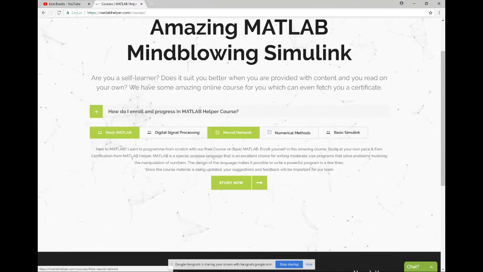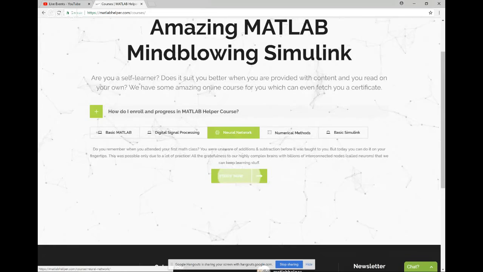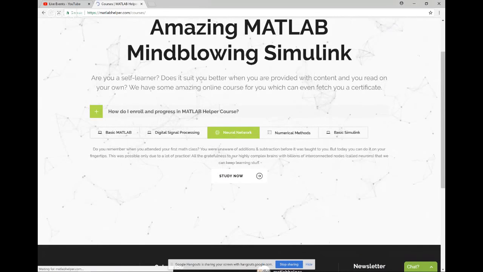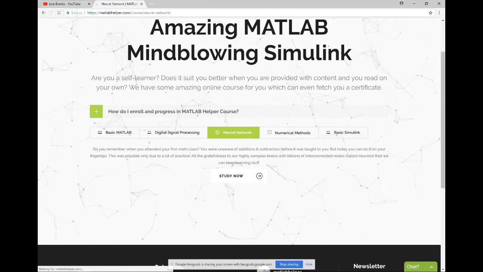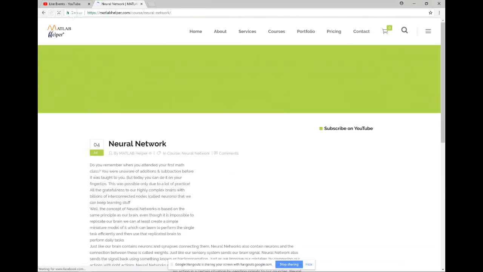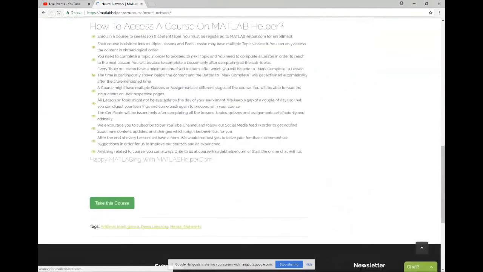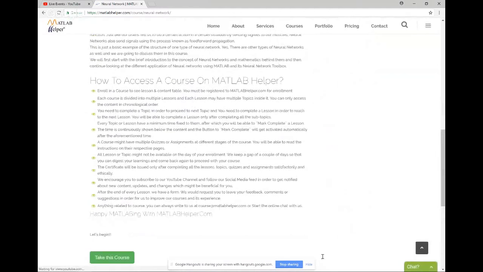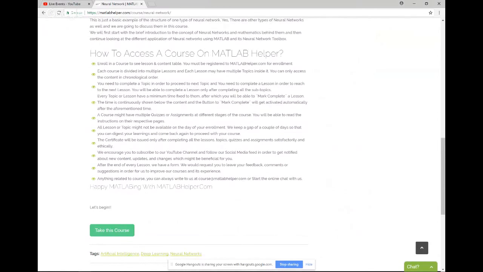I'll just show you whichever part I explained. So clicking on the neural networks course and clicking study now will take you to the course where you'll have to enroll yourself. This is the course page, which shows how to access a course on MATLAB Helper. I'll walk you through all these things in the later part of the session. So let's take this course and enroll ourselves.